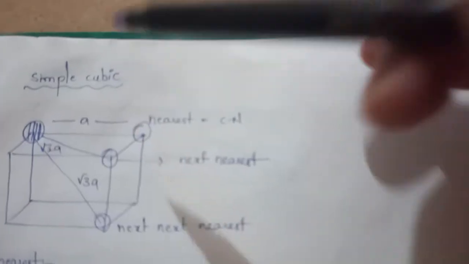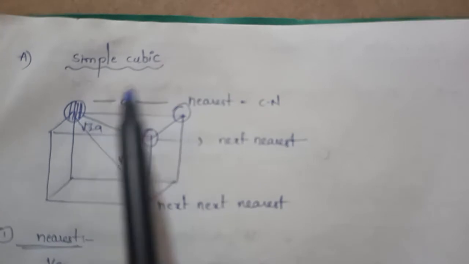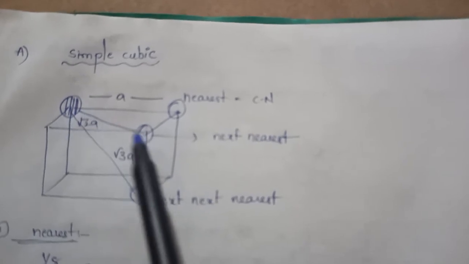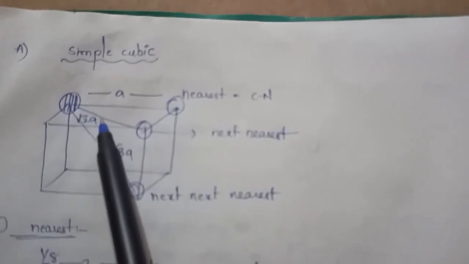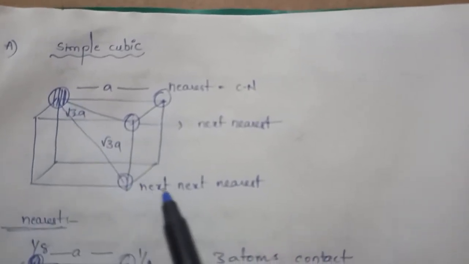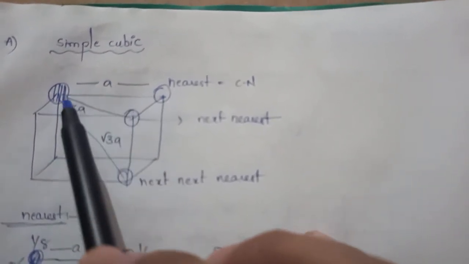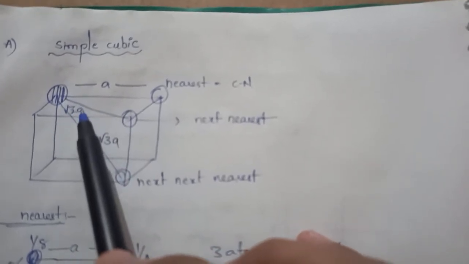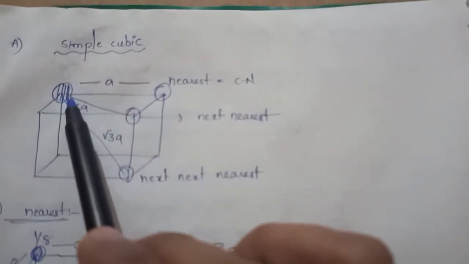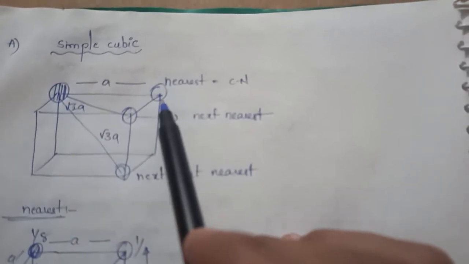One is simple cubic. Here you need to understand this is an atom. From this to this edge length you can consider as A, and from this corner to this corner you can consider as root 2A, we know, isn't it? So next to next nearest is this one, because here you can consider this atom is very near since you get A. Another one is root 2A, which is much bigger than this value. That's why the first nearest is this only, with respect to this. You consider this as the first nearest sphere.